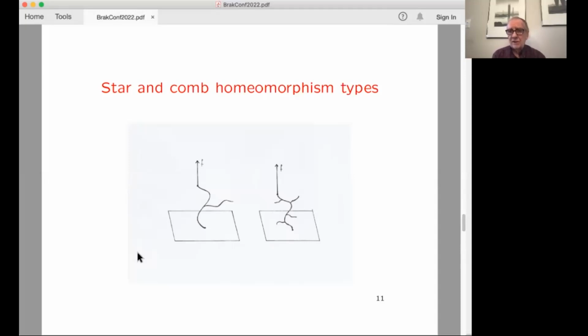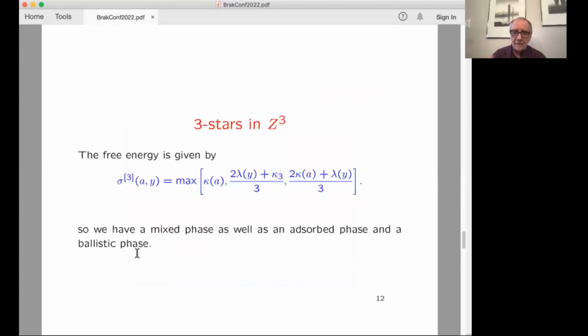The other homeomorphism type, the one on the right, is a cone. So now I have a backbone and T teeth coming off this. And so I have T vertices of degree 3 and T plus 1 vertices of degree 1, and it's a tree. And if all of the branches are the same length, it's a uniform cone. So for me, all the stars and cones are going to be uniform. So we can do these 2 problems.